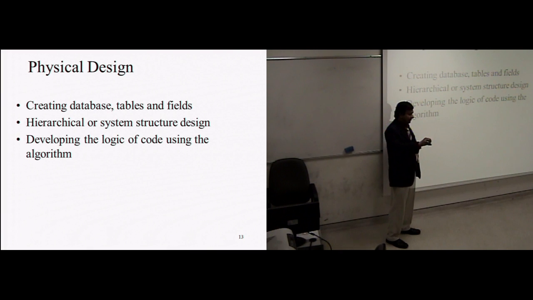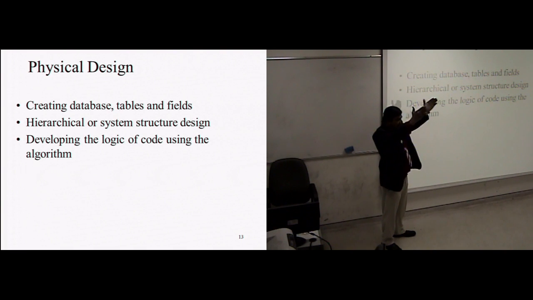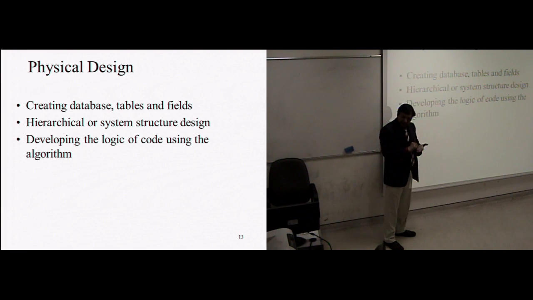Like in Word: file menu, edit, format, spell checker, thesaurus, and so on, help. You have submenus, subfunctions: open, save as, copy, and so on. So you will draw a hierarchical chart rather than writing. And then you have algorithm